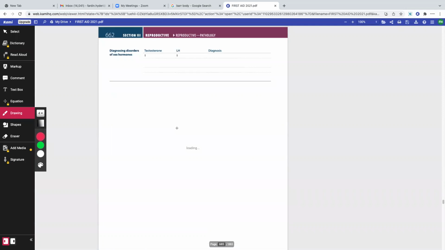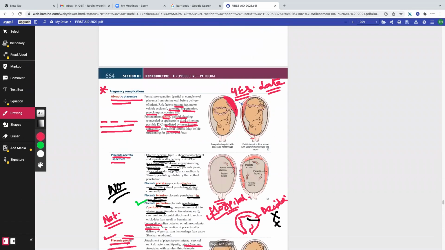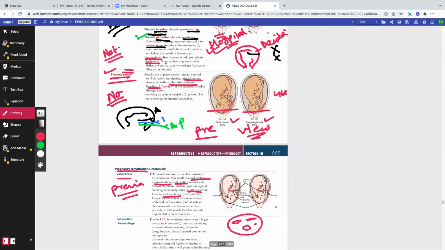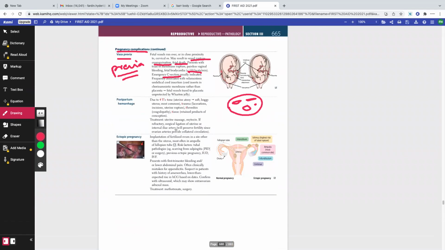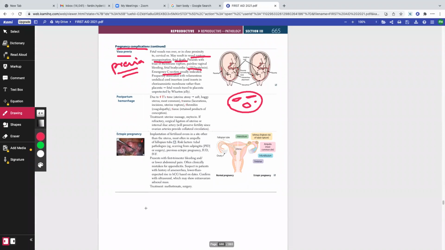Because if there's an atonic uterus, do we have vasodilatation or vasoconstriction? First answer, please. We have vasodilatation. Very good. Atonic uterus: vasodilatation or vasoconstriction? Fast answer, please. Vasodilatation, right? This is a very normal, common concept. If an organ is dilated and relaxed, the blood vessels will also be dilated and relaxed. So if the uterus is atonic, then we have vasodilatation that actually promotes more bleeding.